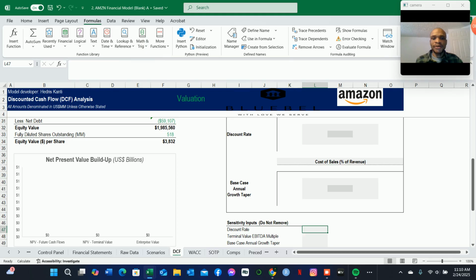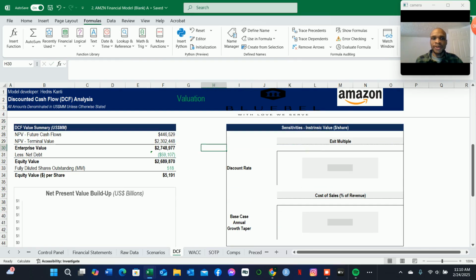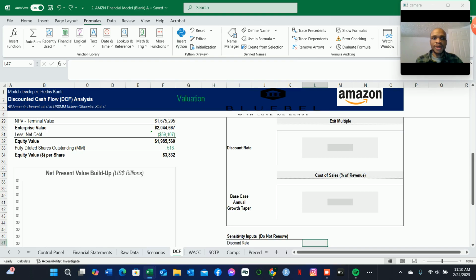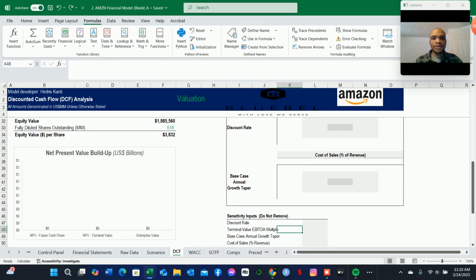So if we set this up to be, let's just say 5%, in the sensitivity input here, as you can see, it changes the equity value calculations here, it changes the enterprise value calculations, and it amounts to something different. So if we Control Z that, you can see that it's giving us something else. If we remove that, you can see it's working quite well. So if we switch this to, let's say, discount rate was 12%,